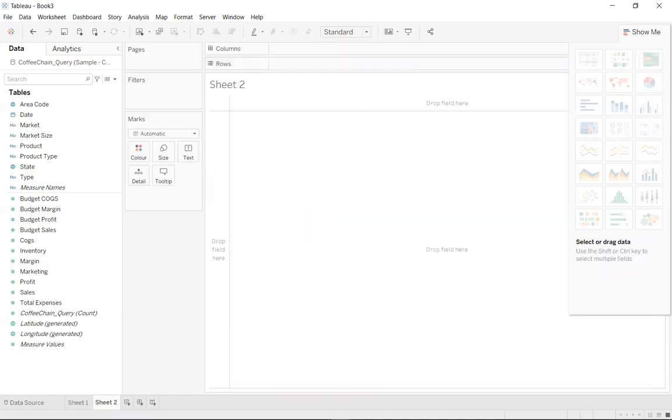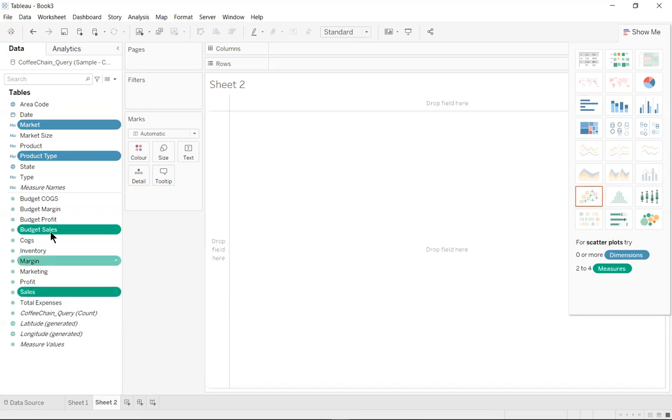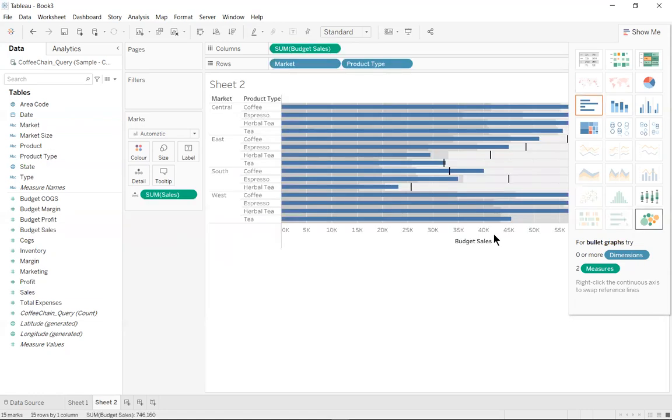So again, we're going to create a new sheet, and then on your Show Me, the Show Me is here, click on the Show Me. So you can see you're going to choose the bullet here. So now we're going to use a few items, right? So click on the product type and the market and use the control key, holding it down, as well as budget sales and the sales from the measure panel, right? This is the dimension panel and measure panels. And we're going to click on bullet, right? So we got a bullet chart that's been plotted out,